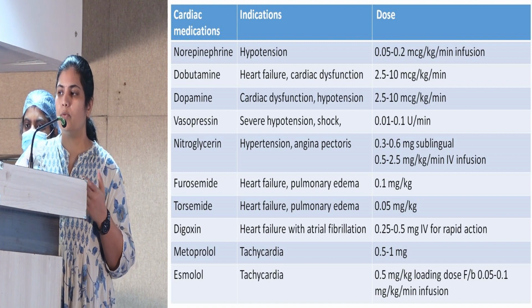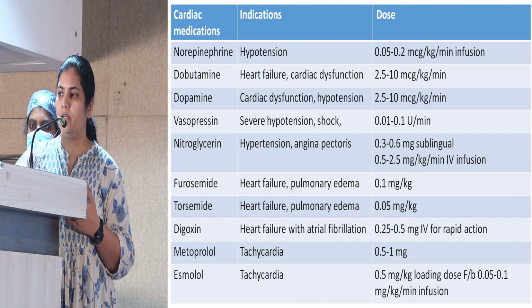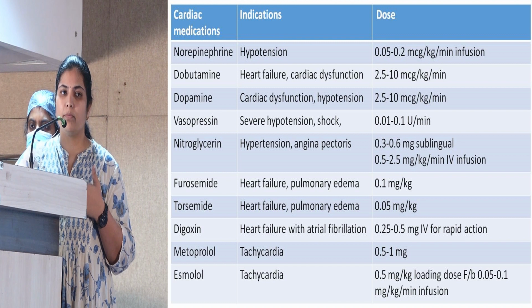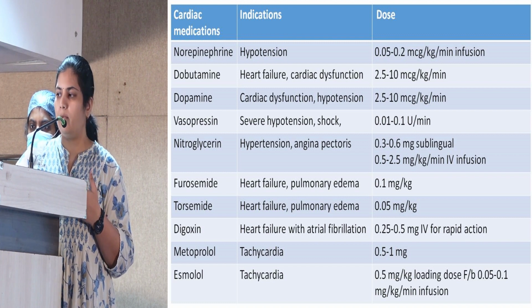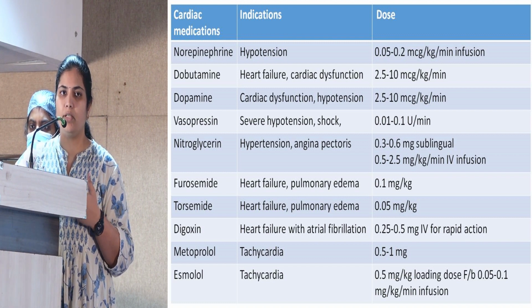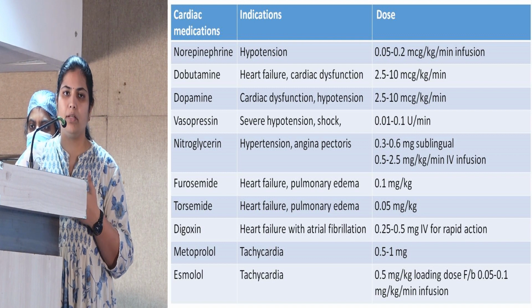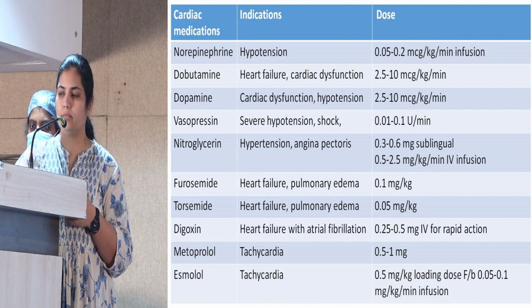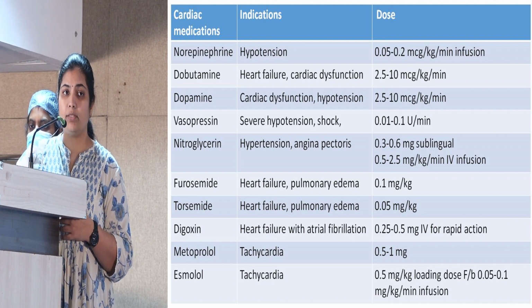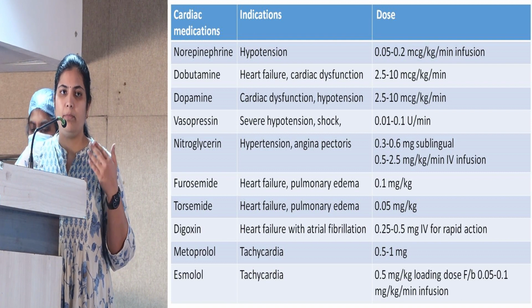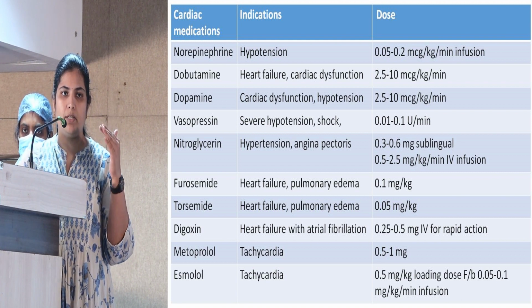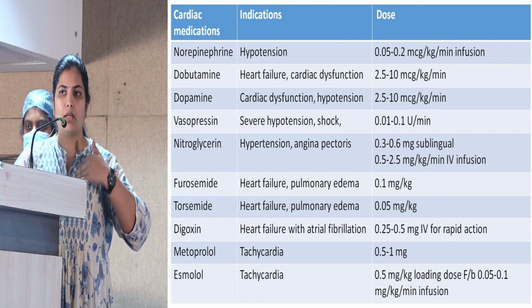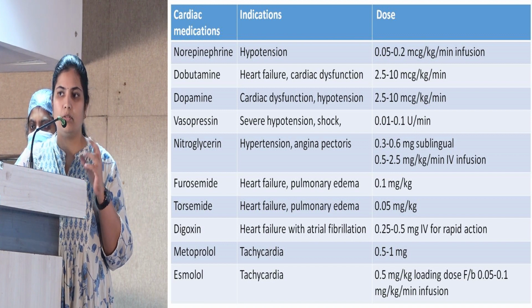A patient who is not responding to norepinephrine and is having severe hypotension, then vasopressin can be used. So 1 ml of vasopressin is diluted in 40 ml and can be kept at 1 to 2 ml per hour. Then nitroglycerin. Nitroglycerin when BP is 200, 170, that can cause cardiac